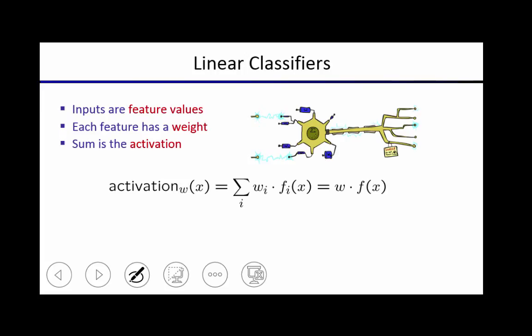So you have some activation, and here's your feature vector f(x), which is a function of your example x. You weight each of these features and create a weighted sum, and this weighted sum is your activation. Of course, this is just a dot product. Create a weight vector w of all of the weights and take the dot product between this vector and your feature vector, and that's what your